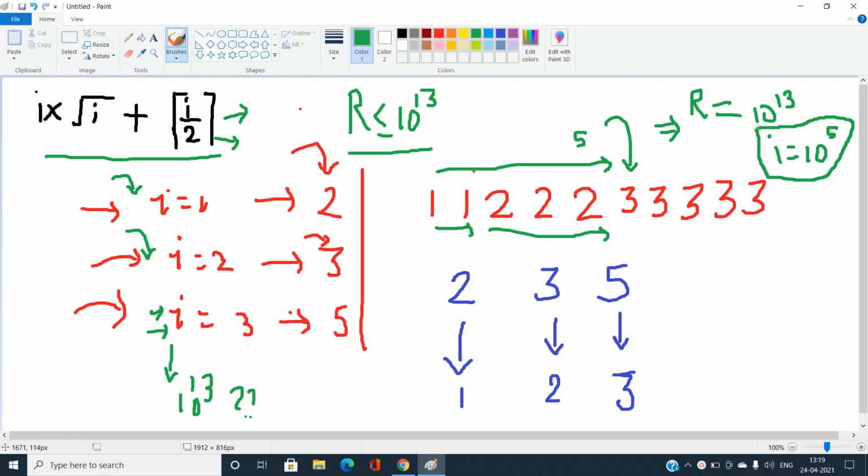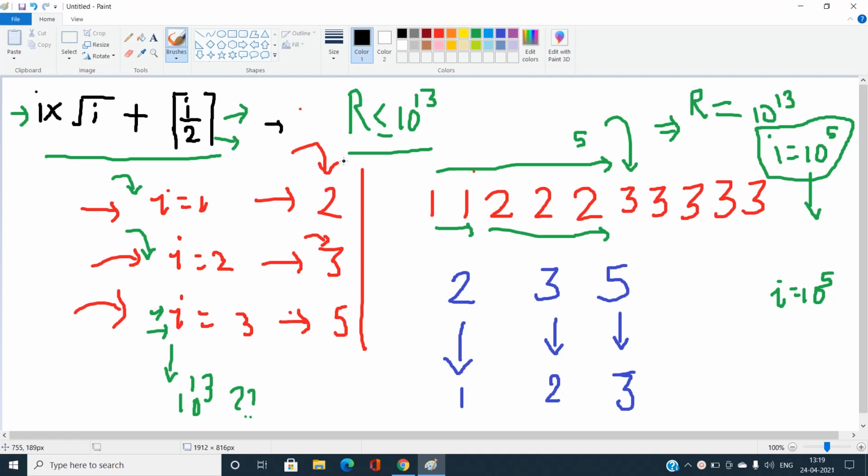It means that if you put I equal to 10 power 5, you will get a value from this expression which is less than or equal to this R. So I am just finding out the maximum I for which this expression will give us a value at most R. So I just need those distinct values to be focused upon.